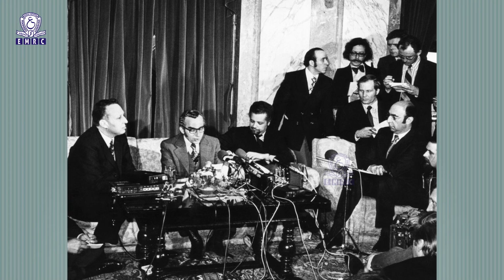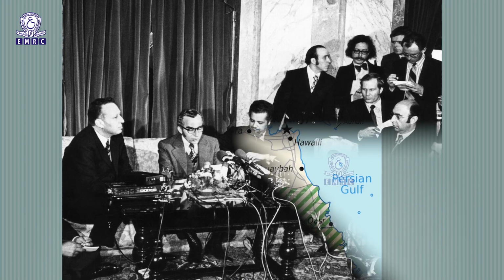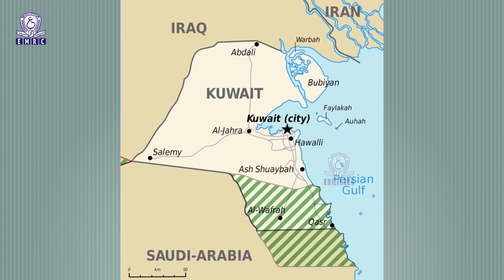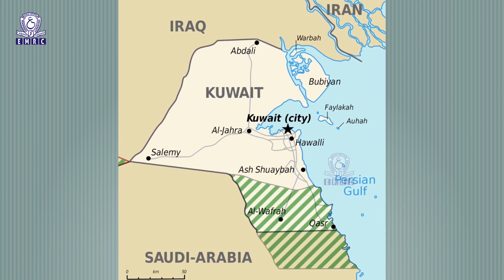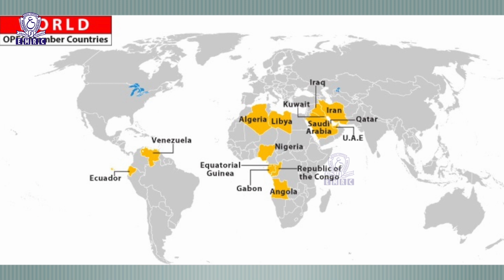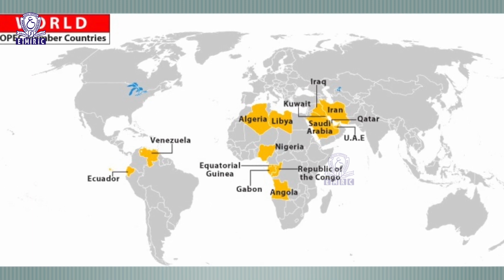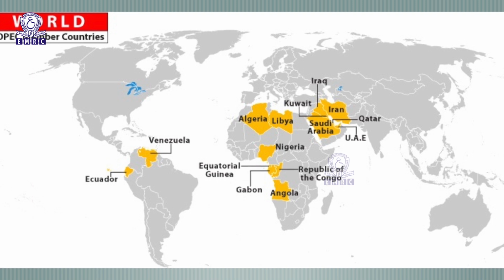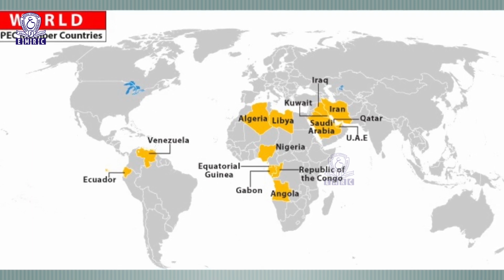So, it is very important for you to understand the role of OPEC in oil trade. You may know the OPEC countries. OPEC means Organization of Petroleum Exporting Countries. This was formed in 1960 at the Baghdad Convention. Initially, it comprised 5 members: Saudi Arabia, Iraq, Kuwait, Iran, Venezuela, and later 8 more countries. These were Libya, Algeria, Qatar, United Arab Emirates, Nigeria, Ecuador, Gabon, and Indonesia.